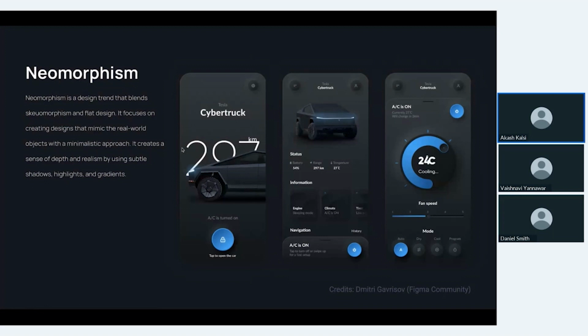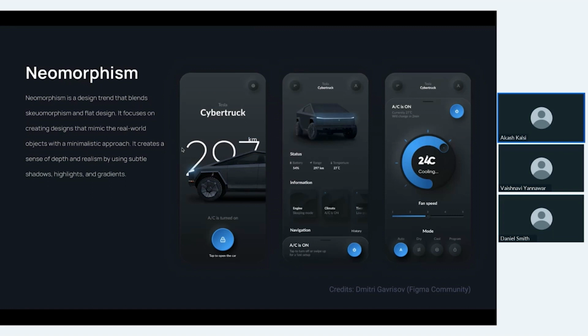This design trend is basically the blend of skeuomorphism and flat design. It creates a 3D sort of effect by using shadows and gradients to make the interface look like it is embedded into the surface. Some people call it soft UI because it appears very soft. It makes you feel that you are touching or clicking on a very soft and smooth surface. Recently it got very popular in the UI world because of its sleek and modern appeal.